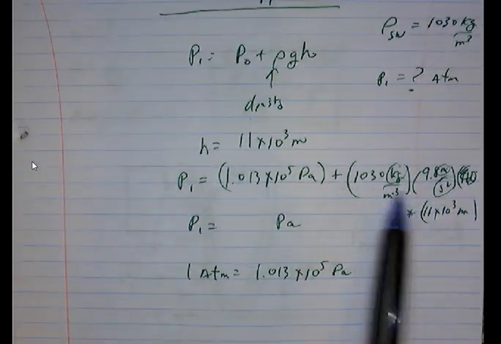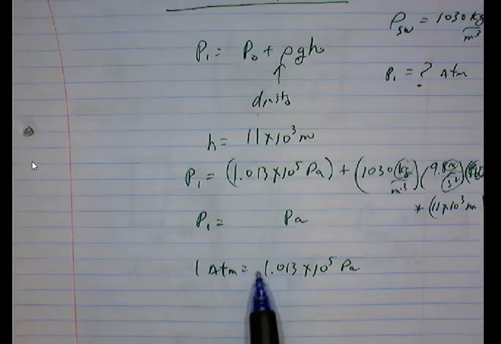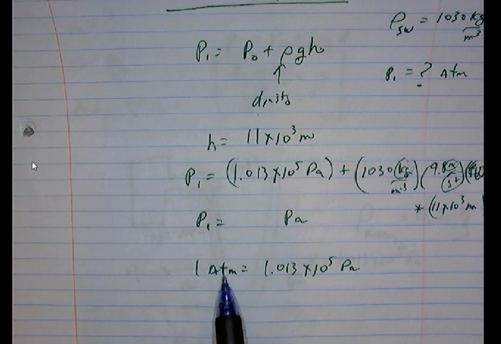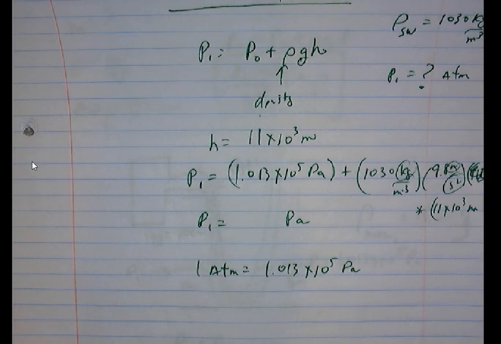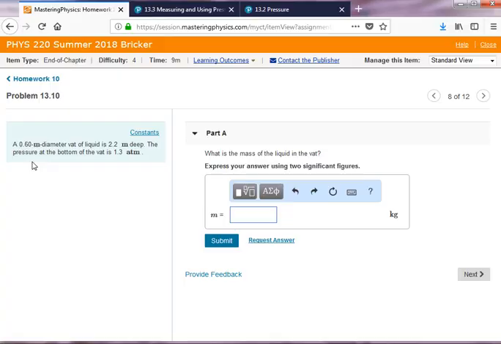So when you do this, the answer comes out in pascals, and then you have to convert it back to atmospheres with this conversion factor. 1 atmosphere, 1.013 times 10 to the 5th pascals. Next one, similar to what we just did, 0.6 meter diameter vat of liquid, which we don't know what the liquid is